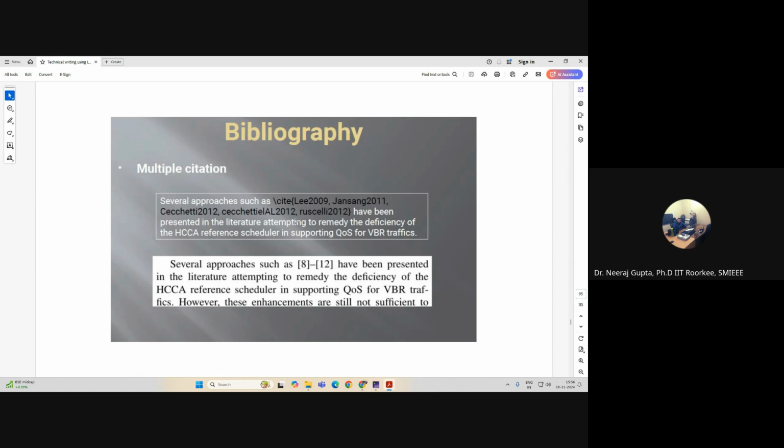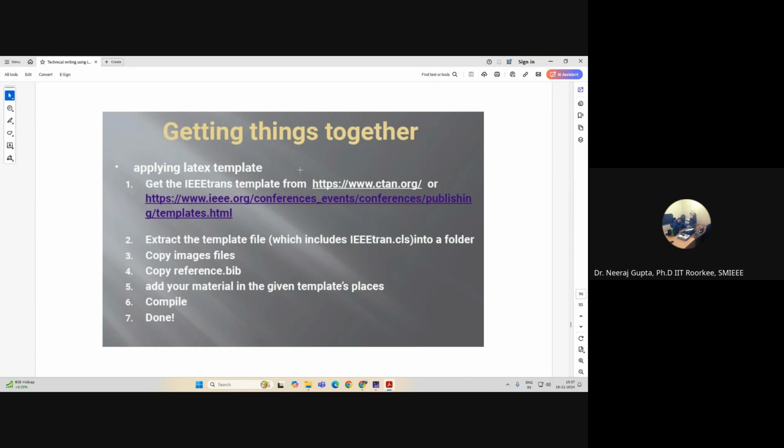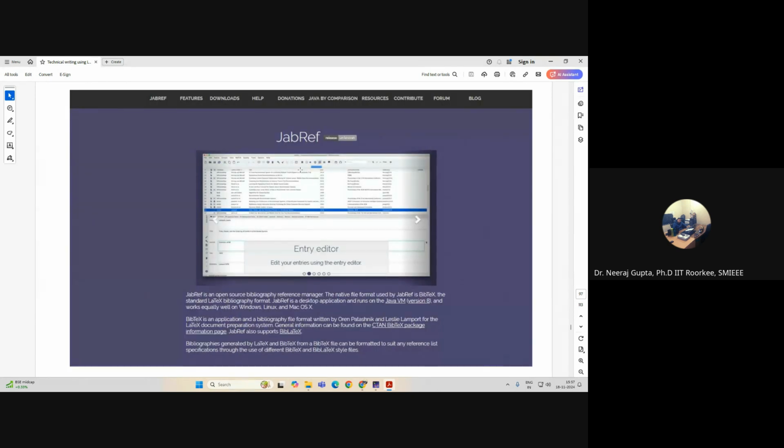For that, you can simply take the command cite and write the keys within the curly brackets, so automatically it will be displayed. Like if you see, there are 5 entries in that, but it will automatically take the entries. So it will be done by LaTeX only. For the reference manager, you can also use JabRef. JabRef is one of the very important reference managers. You can download that particular bibliography